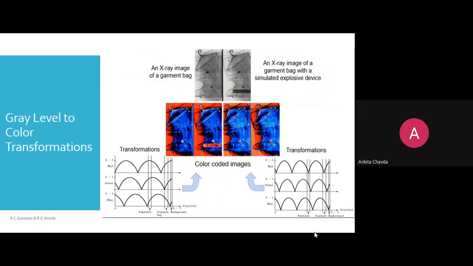Then we have seen this example, right, where it has actually been used, in the X-ray. We have this image as a grayscale image, and we are doing the color coding. So the three different colors, we are operating on the three different planes.